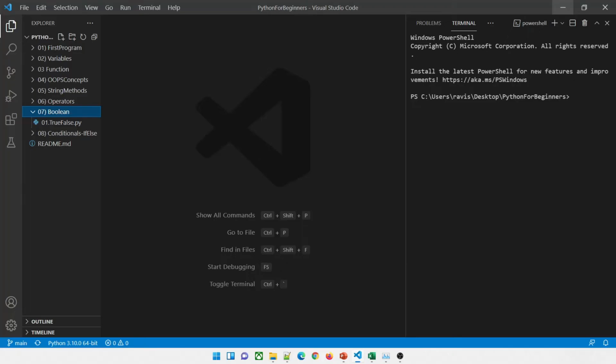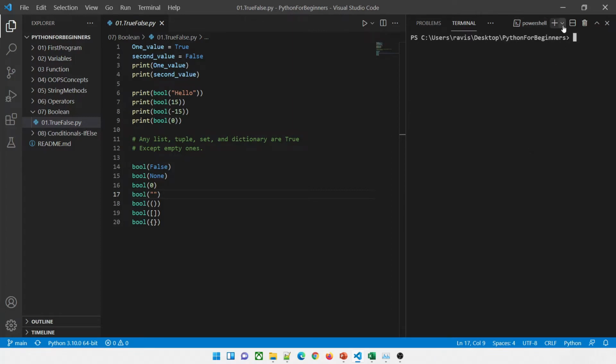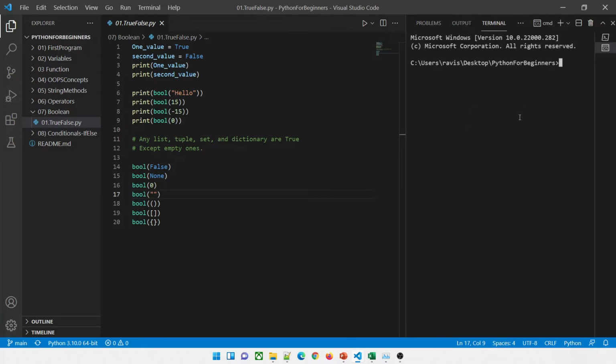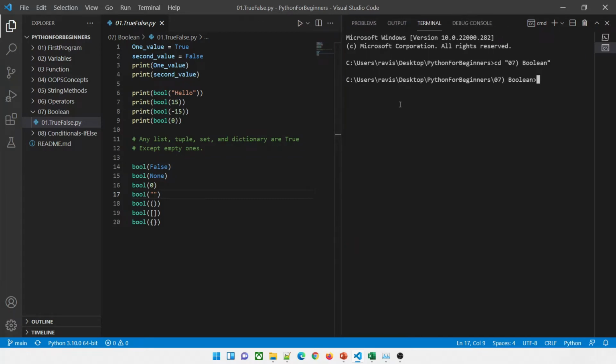So what we'll do, I'll just open my okay. I've created two folders over here, Boolean and conditionals. Let's see the Boolean first. We'll open this and see where we are right now. Let me clean this. Okay, it's PowerShell, so that's why CLS ran. You can use either PowerShell, Git Bash, or command prompt. I'll use command prompt over here. Now let's go into the 07 folder. Okay, we are here right now. Let me just drag it over here. Perfect. Now let's run this program.